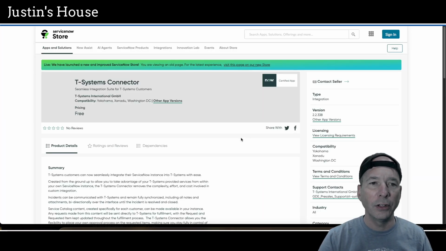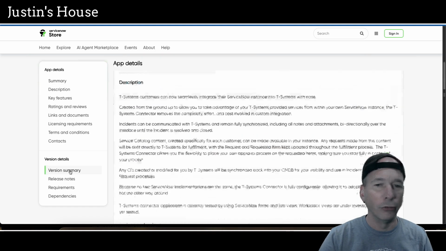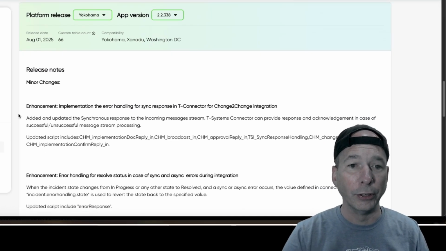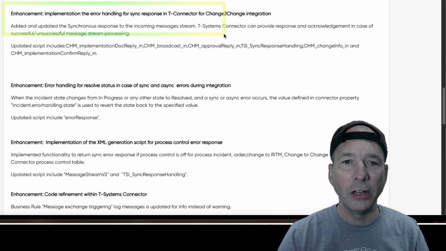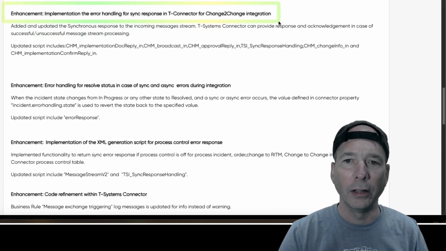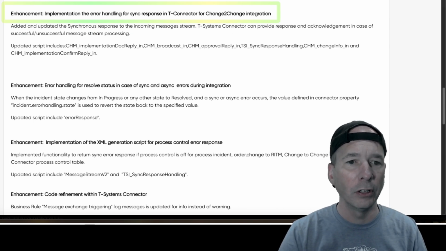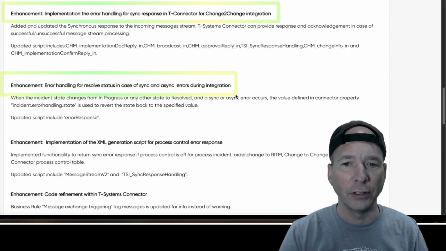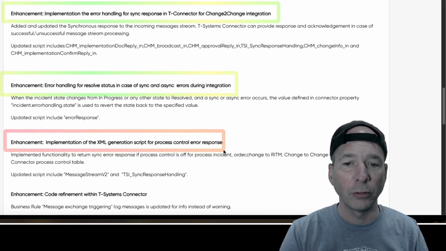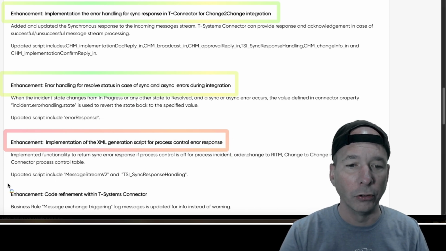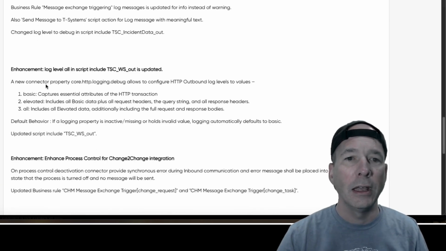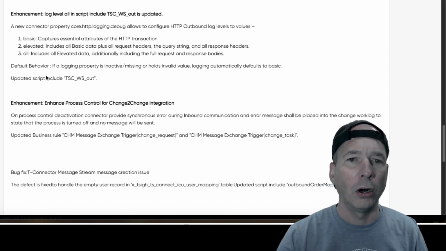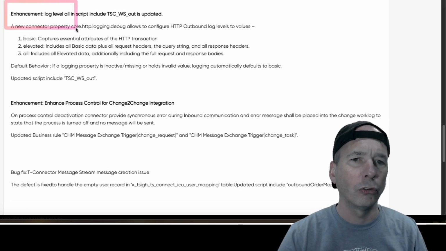Our next highlight is the T-Systems connector. It was updated to version number 2.2.338, and in this version they have some minor changes, an enhancement for implementation of the error handling for sync response and T-connector for change-to-change integration, another enhancement to resolve status in case of sync and async errors during an integration, another enhancement for the implementation of the XML generation script for process control error response, another enhancement for code refinement within T-Systems connector, and another enhancement to log level all in script include